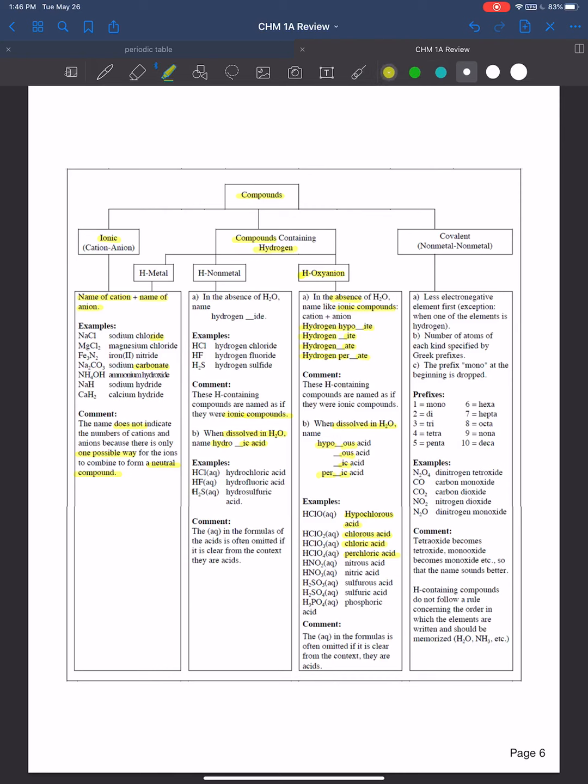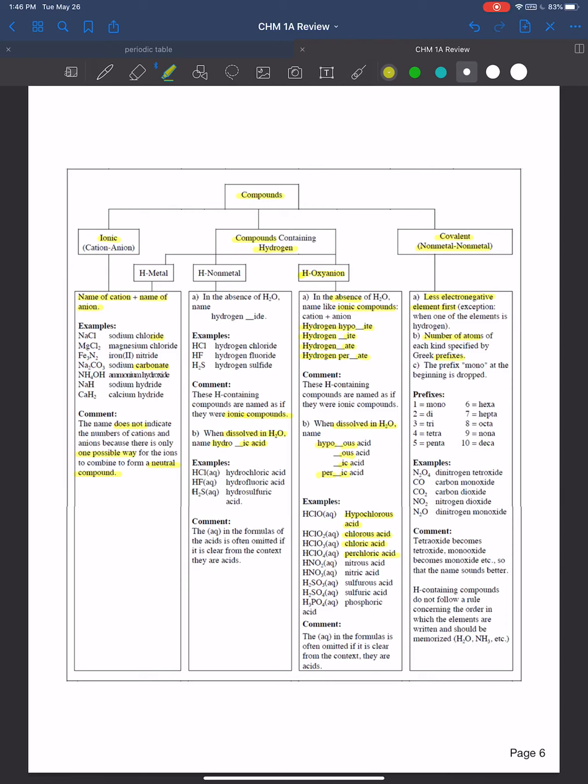Last but not least, covalent compounds are when we have a nonmetal bonded to a nonmetal, and that's where electrons are shared. Generally, the less electronegative element is first when writing it. The exception is when one of the elements is hydrogen, and I'll talk about that at the very end of this page. The number of atoms needs to be specified by a prefix, because with covalent compounds, there's more than one